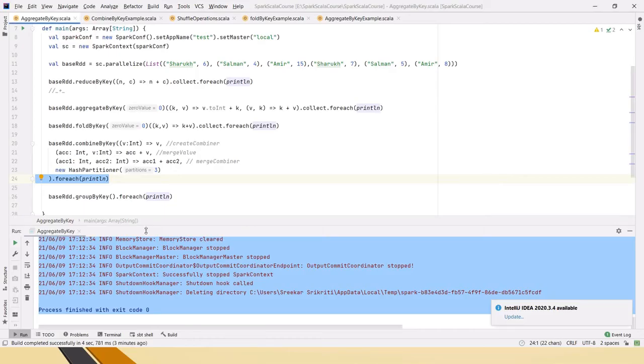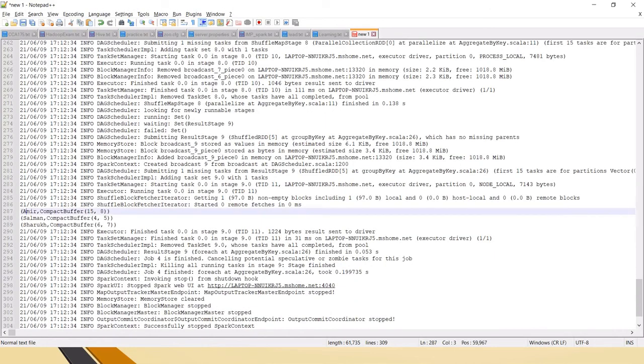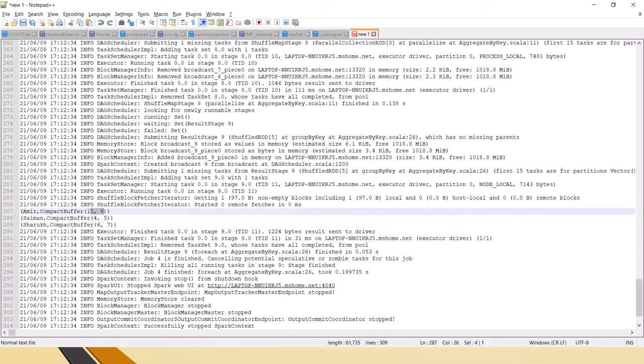Then finally groupByKey, and if you see here, it has taken the key and in the value it has grouped using the compact buffer. GroupByKey will not perform any aggregation, it will just group the values.